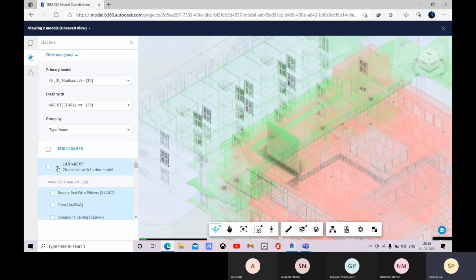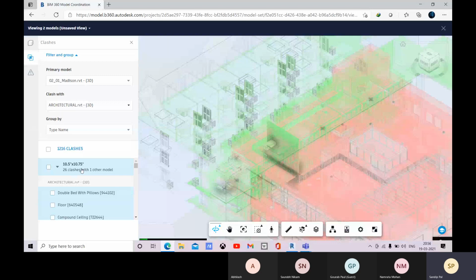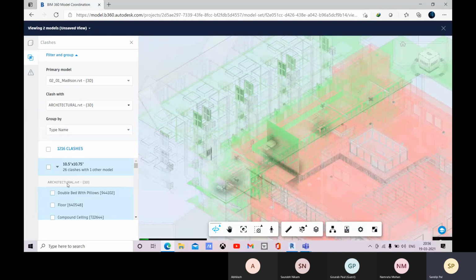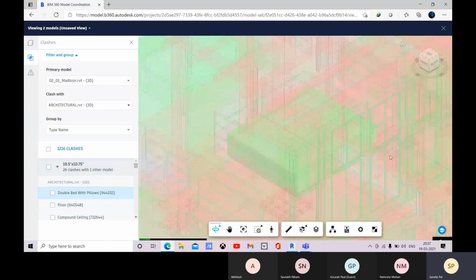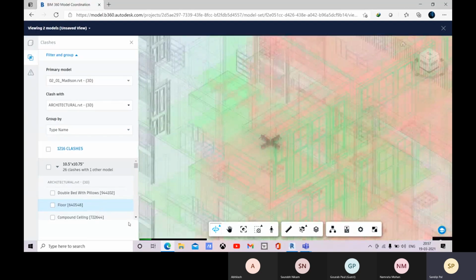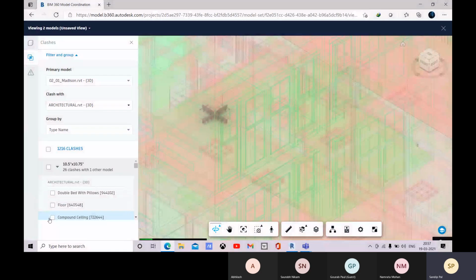So you can click on this drop down, and there you see that this is a group, and within this group we have 26 individual clashes, and if you click on this drop down, from there you can select any individual clash like this. Okay, so you can access any individual clash from this group.